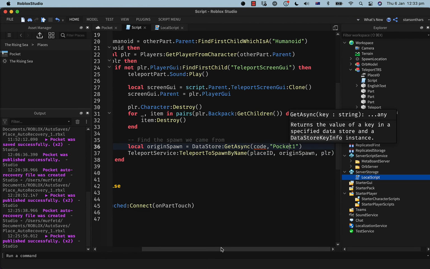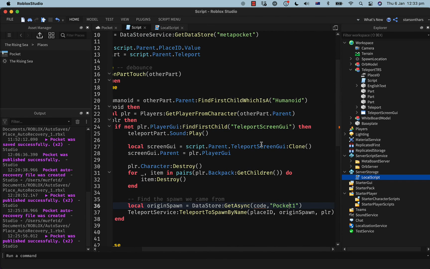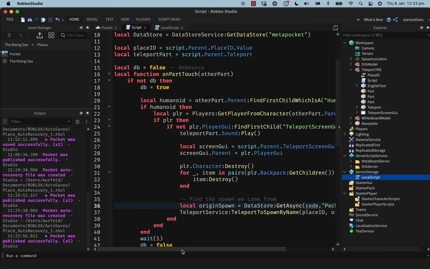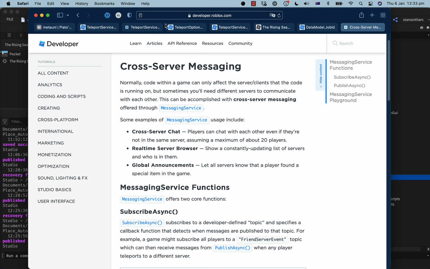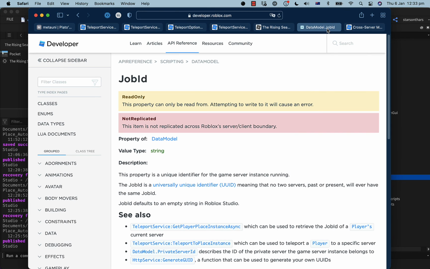Oh, do I know my own code? No. Does a private server know its own code?